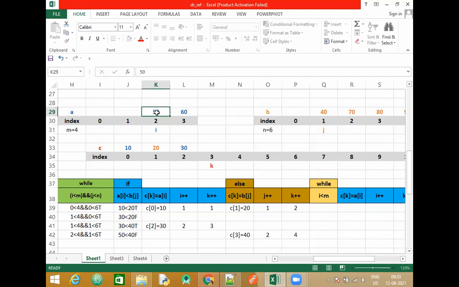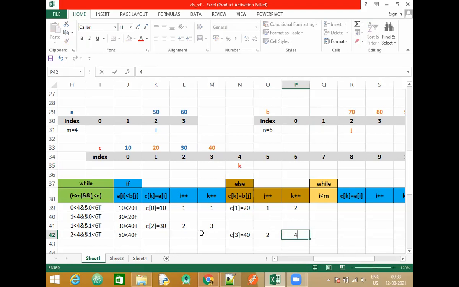Let me put the updated values. Check if I've done correctly. Right? Let us update the value of K as 4.